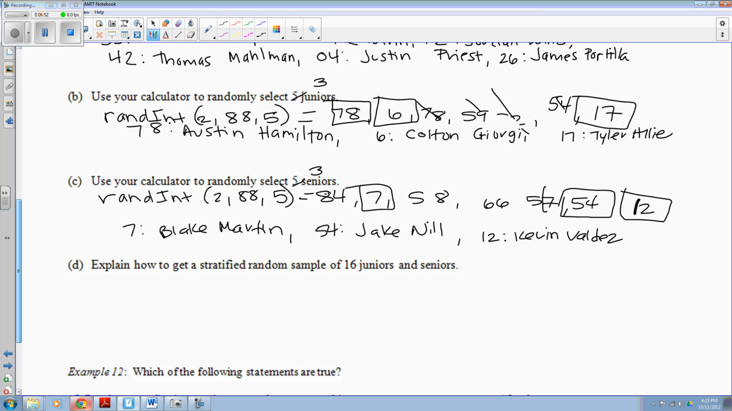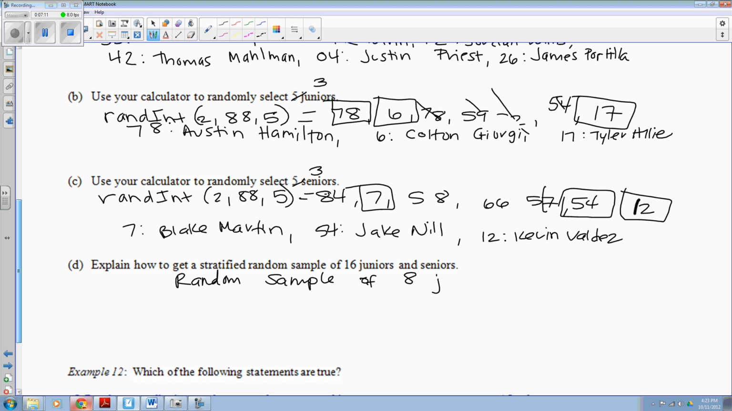We could take 8 and 8. We could take 10 and 6. It does not necessarily have to be the same amount in each group. Normally that's kind of what we'll do, but that is not a requirement. Okay. So we're just going to break them up, take a random sample